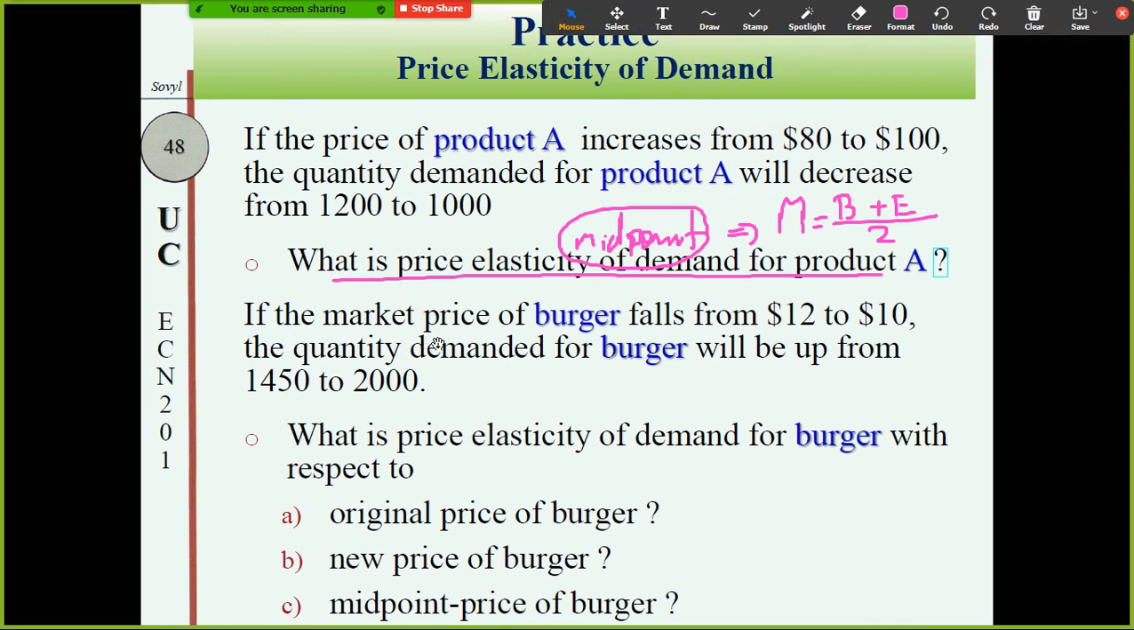If the market price of burger falls from $12 to $10, the quantity demanded for burger will go up from 1,450 to 2,000 units. What is the price elasticity of demand for burger with respect to the original price of burger, new price of burger, midpoint price of burger? Okay, in this exercise, it is given to you at what price, but this one does not mention at what price. If it does not mention at what price, you need to take the midpoint price. Okay,